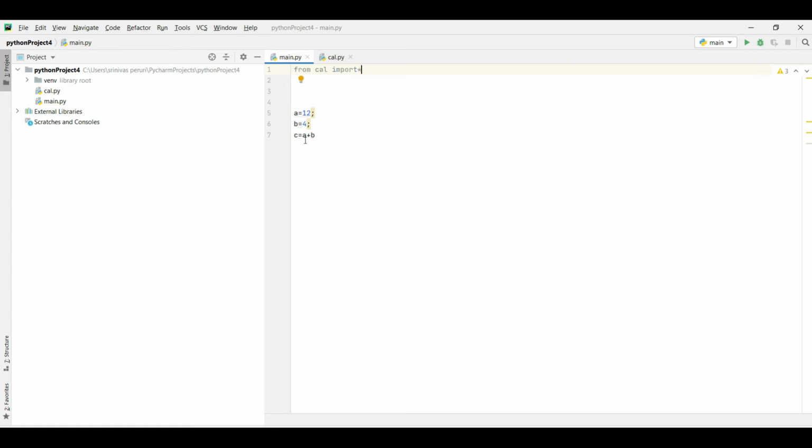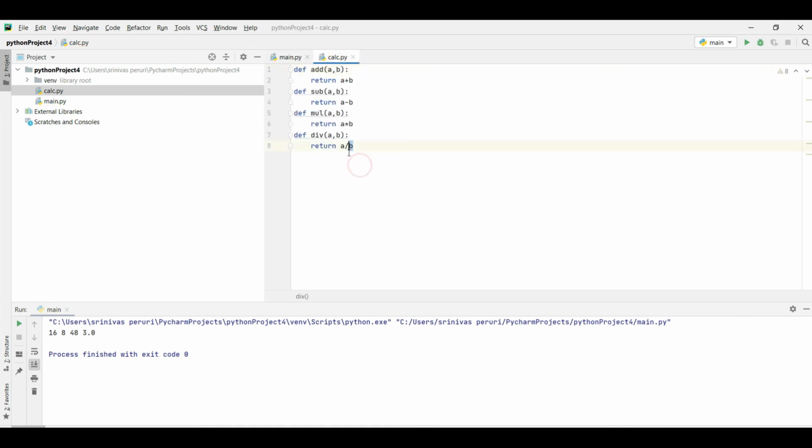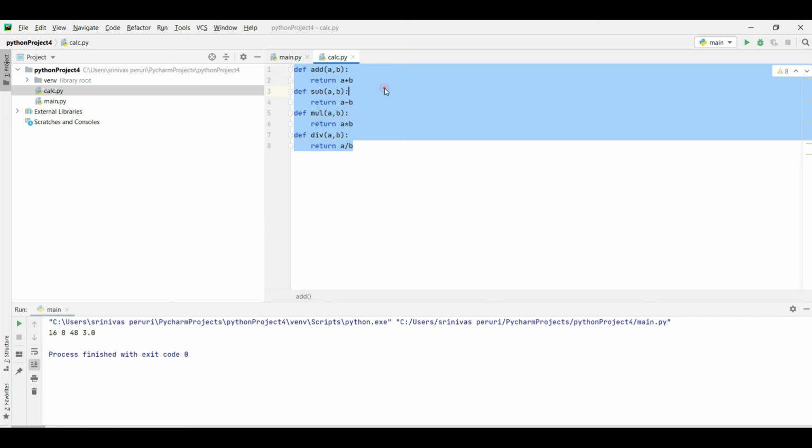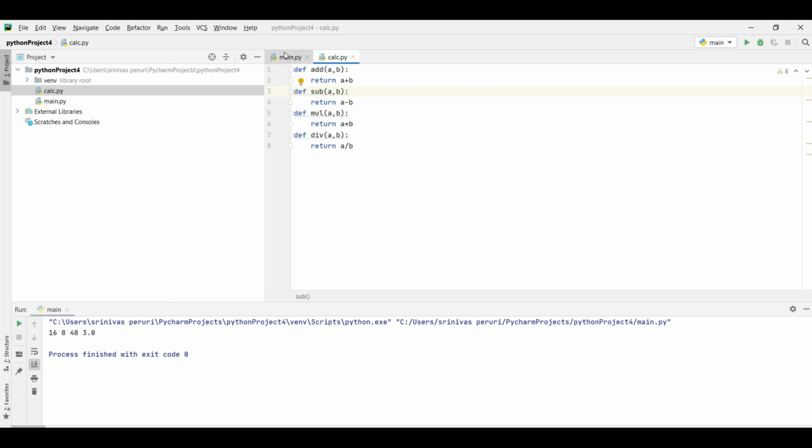I need to add two numbers, subtract two numbers, anything, right? That has to be performed by this. Whether it is going to perform or not, we'll check, right? So in calc.py we have written a set of code, and it can be accessed here. So from calc, I don't want just add, I don't want just subtract individually, I want all the things, right?